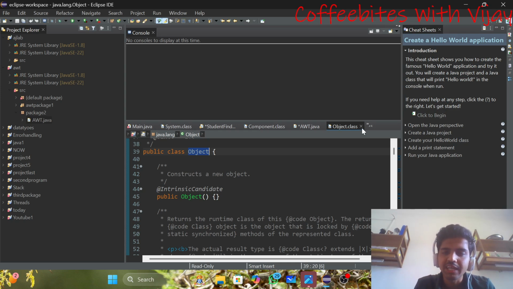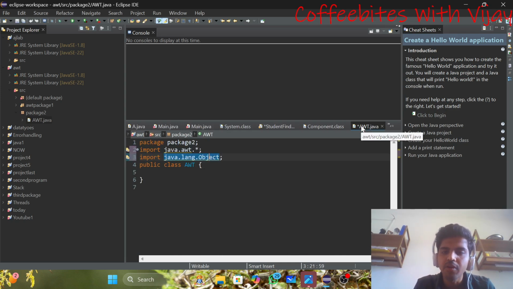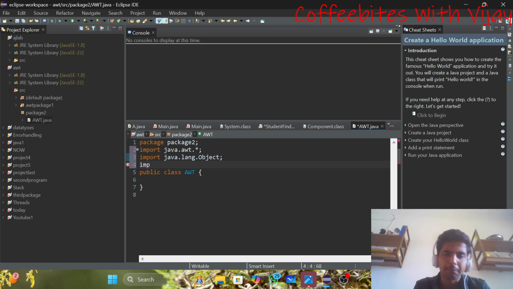What are all the child classes? It contains the Component child class. Guys, this import java.lang.Object is taken by default by Java, so there is no need of writing this statement. Why? Because this is implicitly included in Java, so no need of writing this statement.